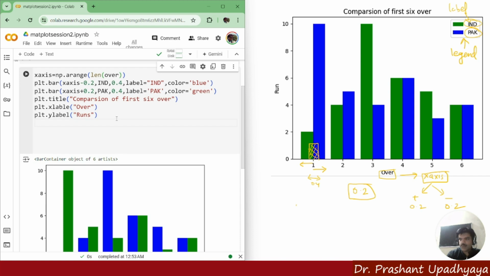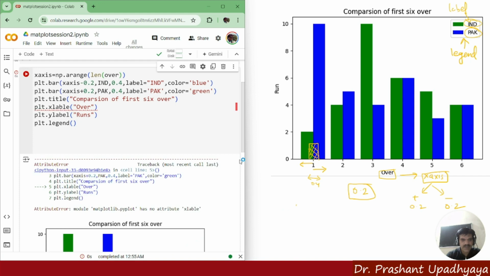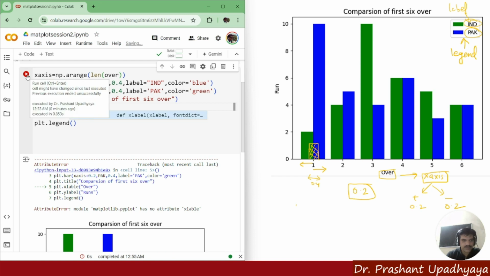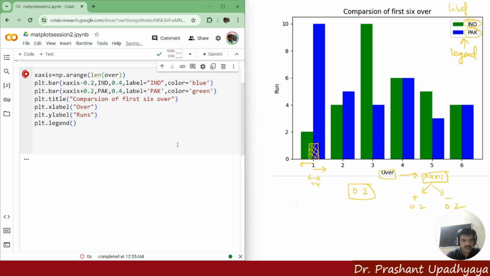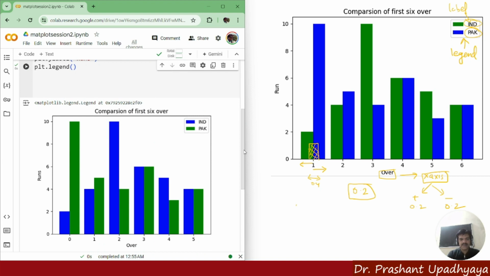Then I will be using plt.legend, and let me run it. Now you can see that I'm getting the graph something like this, which is on my screen, but still